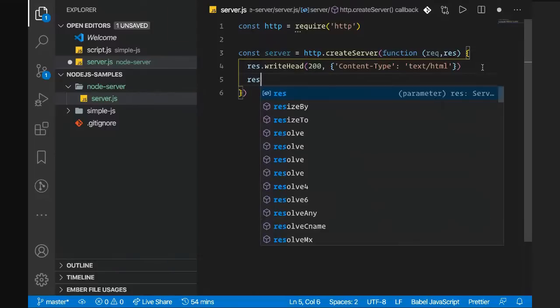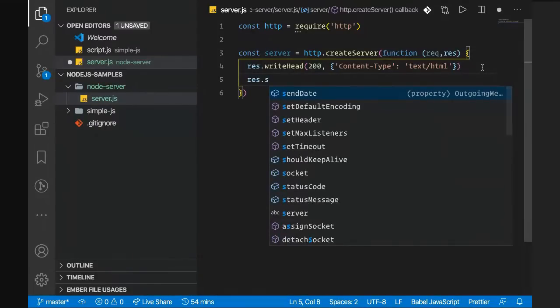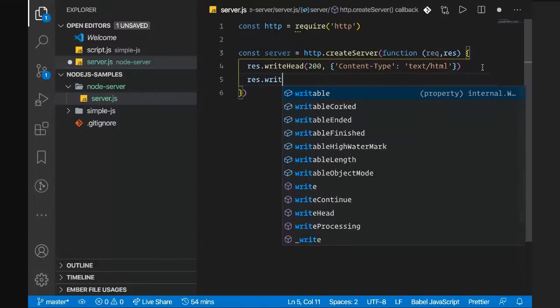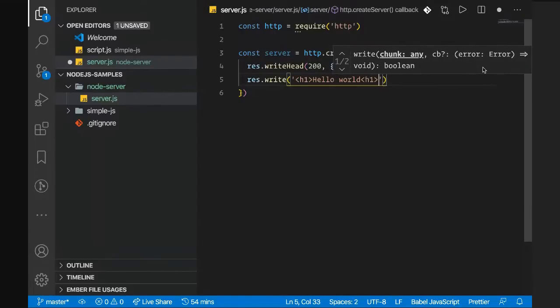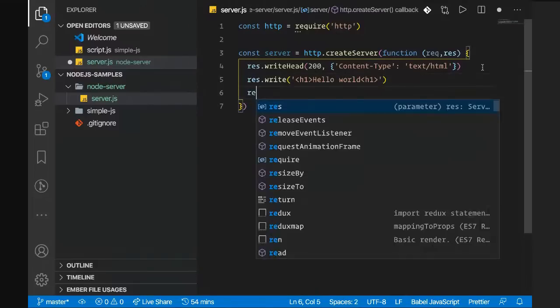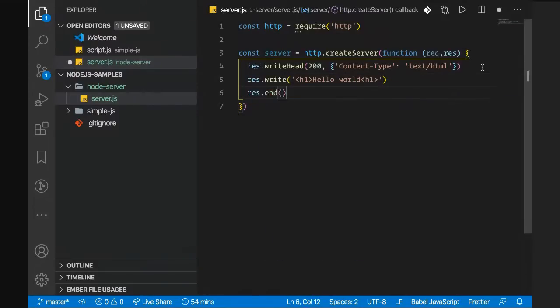Then you want to write something in the response, so you'll do res.write, and what you're going to write is, let's suppose, h1 hello world. Okay, so you wrote a hello world response, and finally end this response. You need to close this stream. Okay,